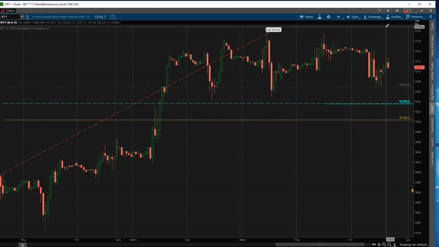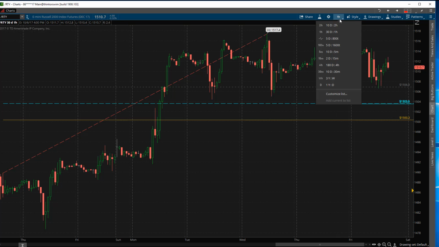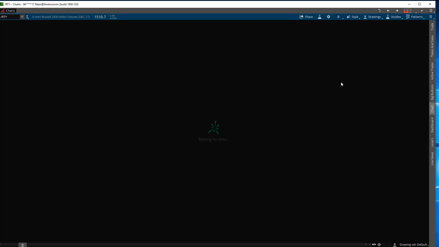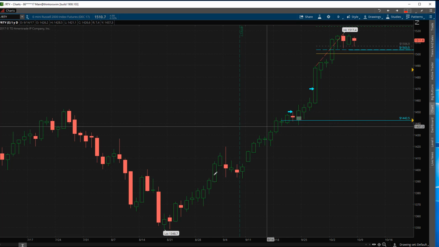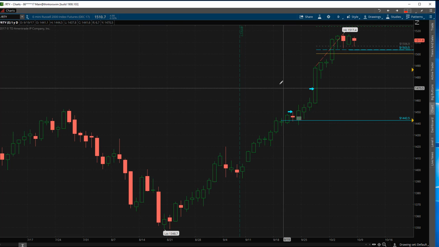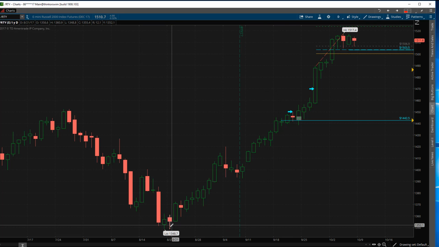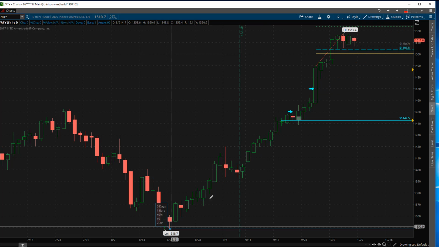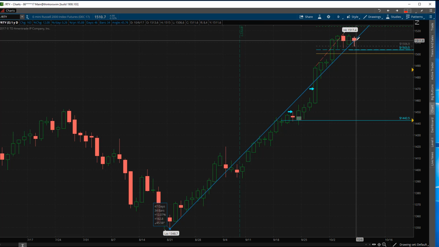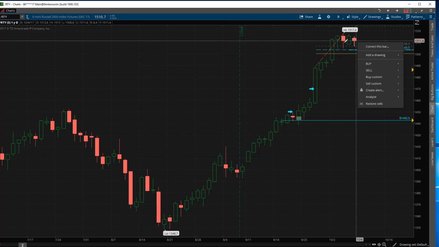Moving on to the next market, which is the Russell. For year-to-date performance, the Russell is the most underperforming market. But funny enough, over the last 20 days, this market, pretty much since the lows in August, has been on an incredible tear. And from that low in August to where we closed, that has been a 12% move in roughly 34 trading days.